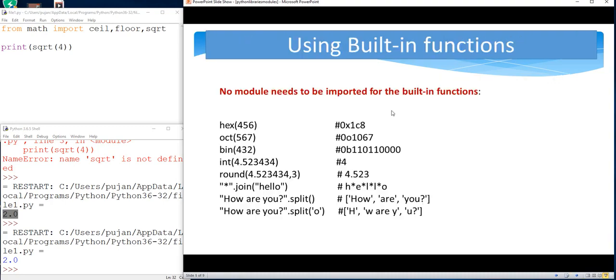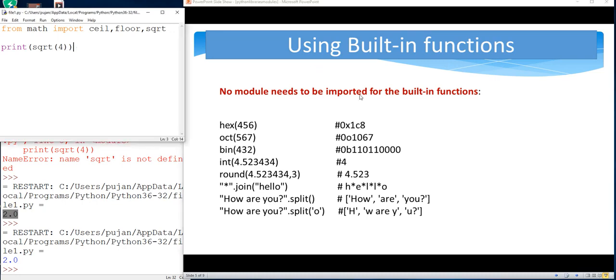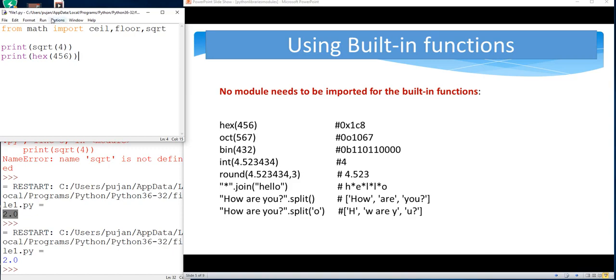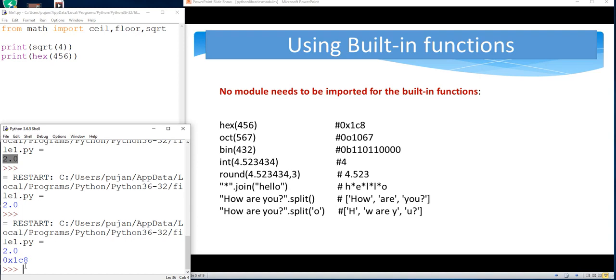Let us have a look at some of the common built-in functions that we have used. They are present in the standard library, or the built-in library, which is automatically distributed with Python, and hence I need not import anything for that. I just have to write the name of the function. There is no dot, there is no from, there is nothing needed. Say I just want to convert 456 into its hexadecimal equivalent. It is 0x1C8. So hex, oct, bin will give me binary, int will convert into an integer value, round,